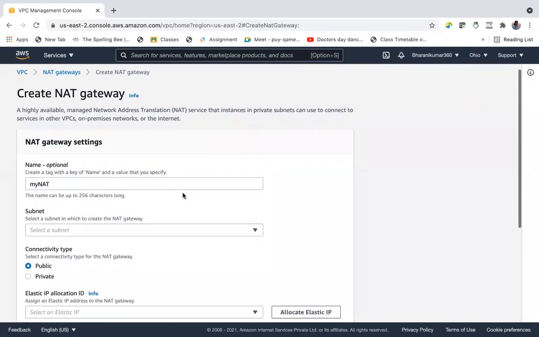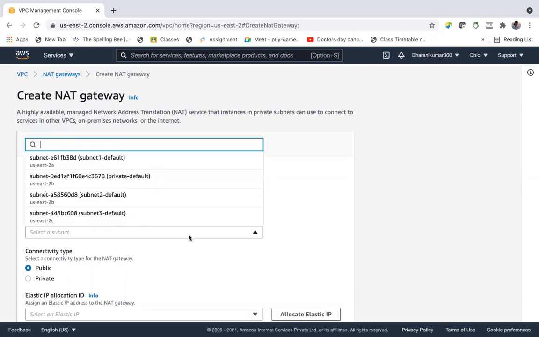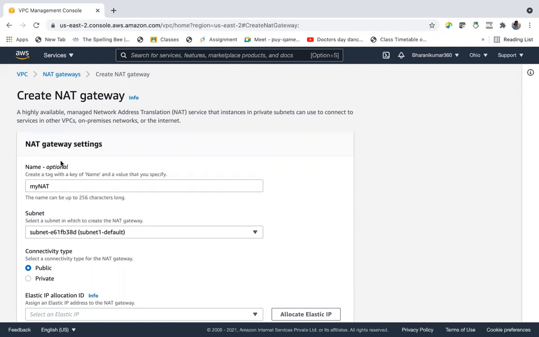Always, a NAT gateway has to be launched in a public subnet. Why? Because it uses the internet gateway attached to your public subnet. You can choose any one public subnet, 2A, 2B, 2C. All these 3 are public subnets. Let us choose 2A.